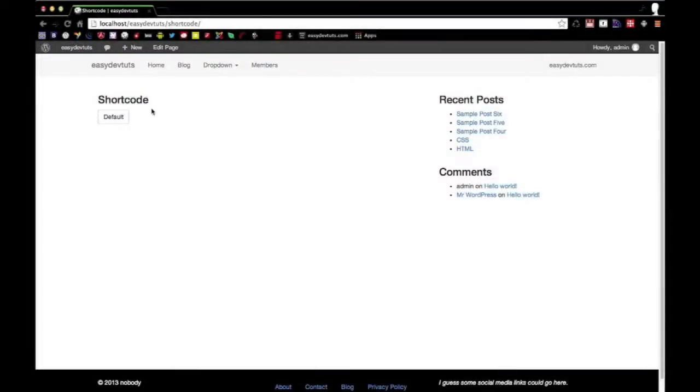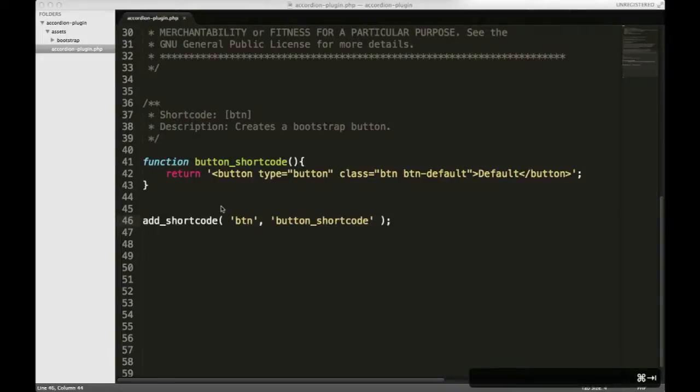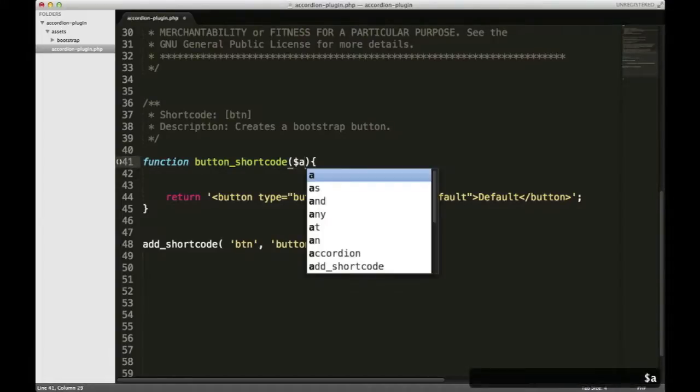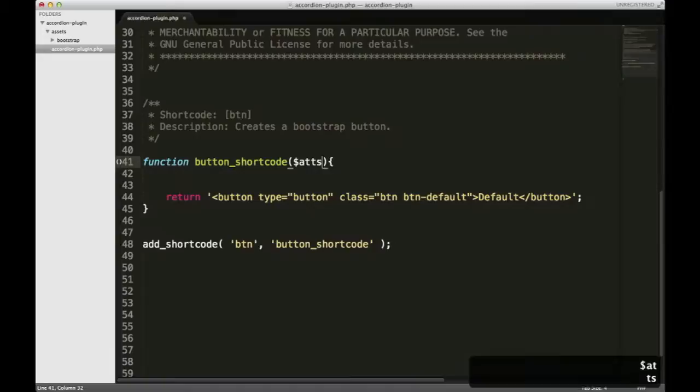So as you can see here, we've already built our first shortcode, and what it did was generate this Bootstrap button. Of course, we want to extend that, and we can do that by adding shortcode attributes. I'm going to show you how to do it. Your callback function can accept attributes, and to do that, you just have to add a $atts right here between the parentheses,